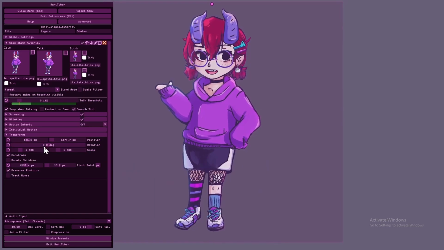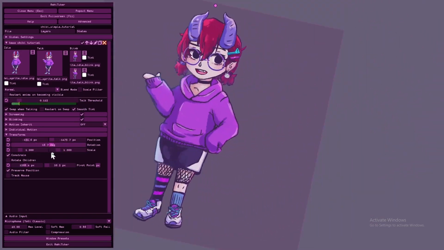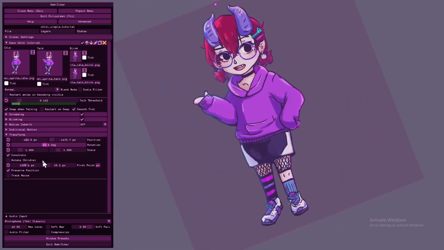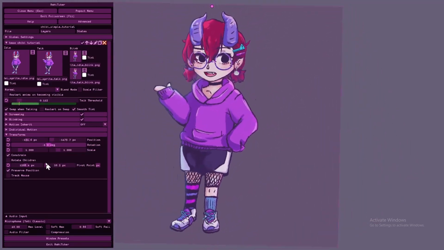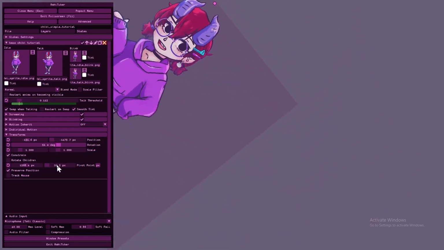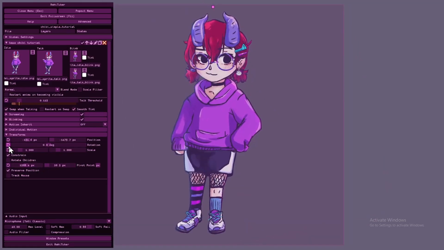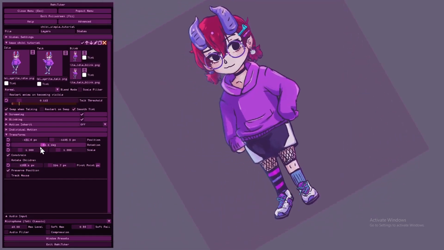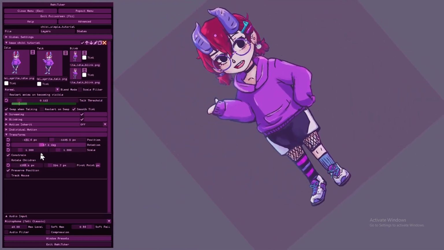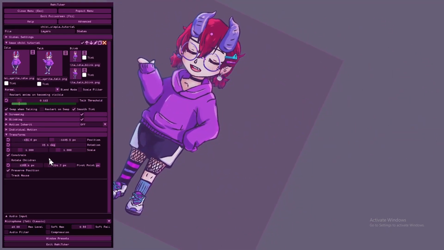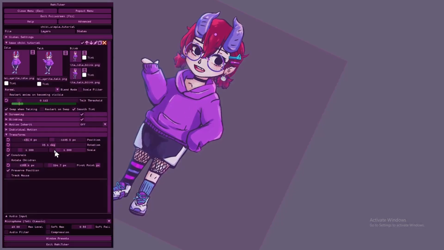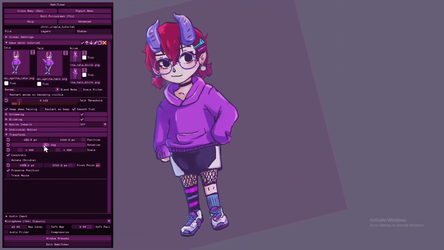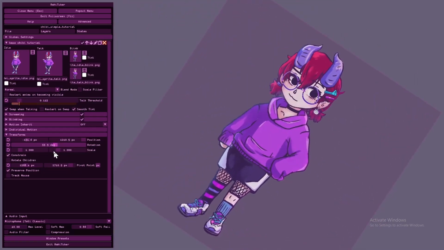It's a little bit difficult to explain why exactly the pivot point matters so much until we're actually doing our physics later, but I demonstrated just by moving the pivot point around so we can watch the rotation that I'm manually adding, and we can see the difference in how the layer actually moves around. For the most part, unless you're adding physics to the model, changing the pivot point is not going to matter too much unless you want a different effect as you're inputting your rotation right here.